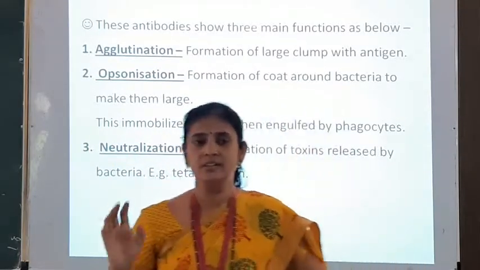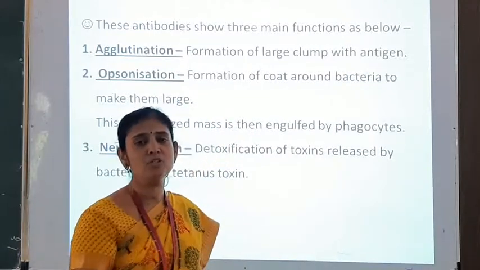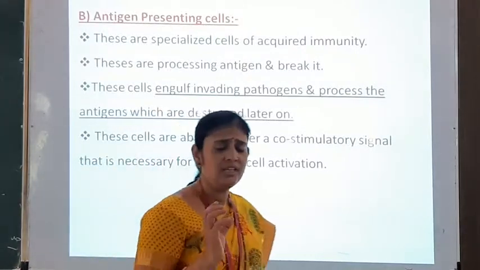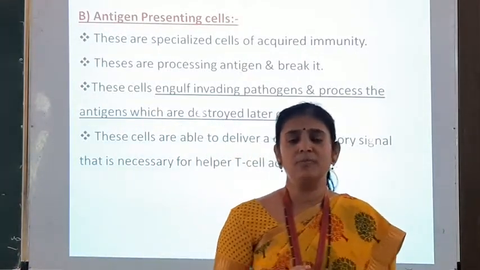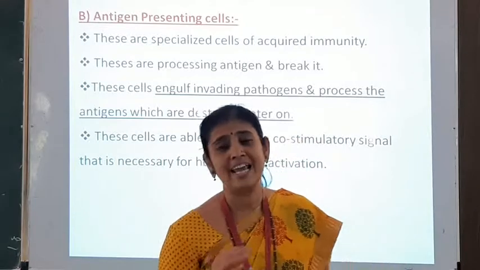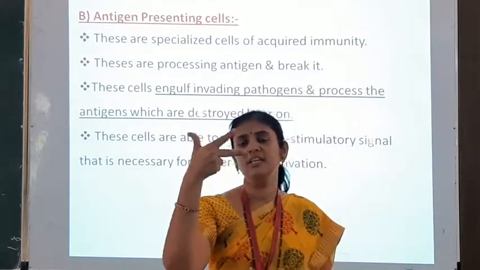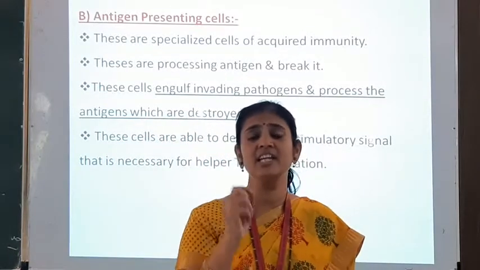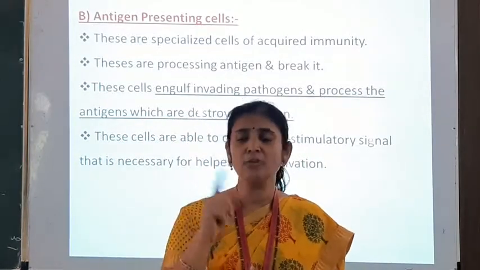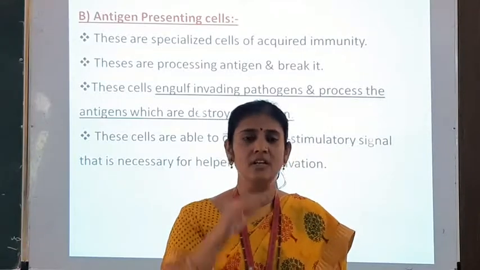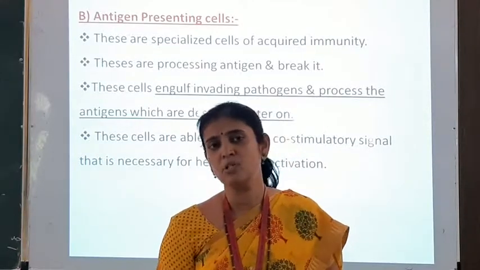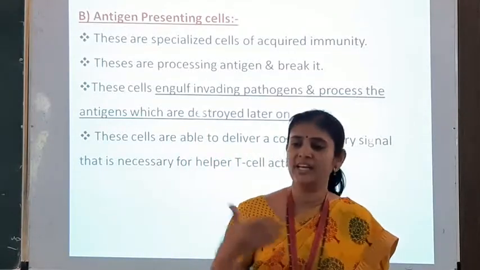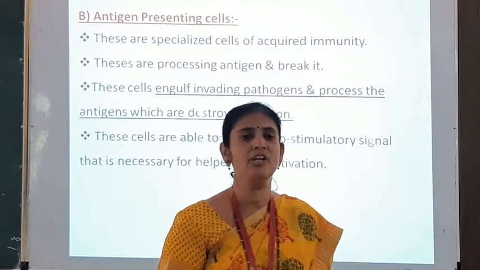We have studied the mechanism of action of B lymphocytes to the antigen. Now, the different types of cells which are responsible for acquired immunity, we have seen the first two types. There are lymphocytes and second is the antigen presenting cells. Out of that, we have studied just lymphocytes, two types of lymphocytes, T lymphocytes and B lymphocytes. Action of T lymphocyte, action of B lymphocyte, that we have already studied.